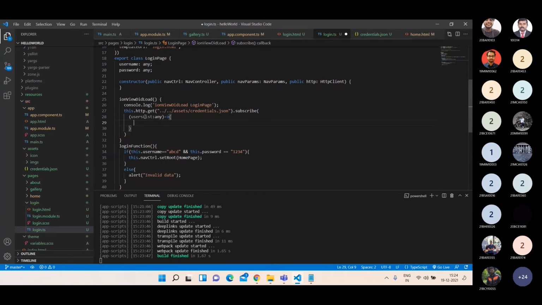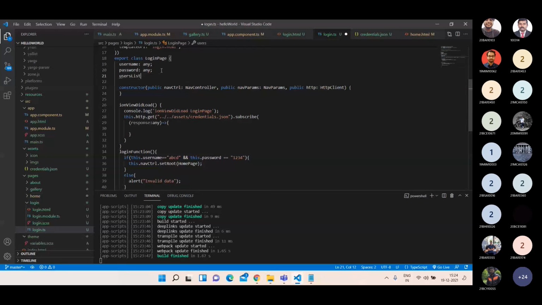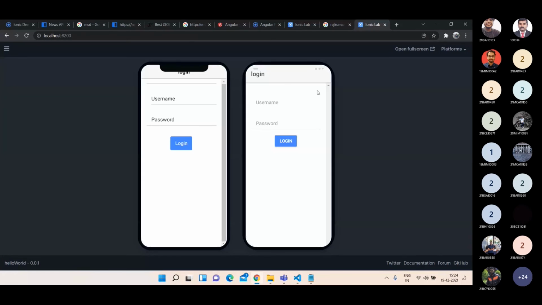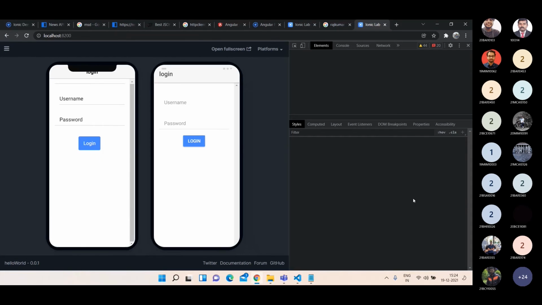So let me have this response. Let me have users list colon any is equal to. First, let's console.log the response. First let us check whether we are getting that information from the server.